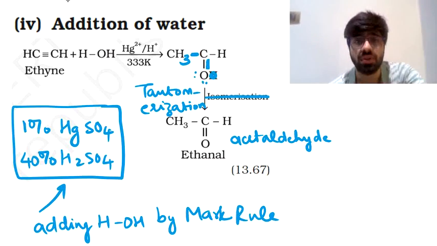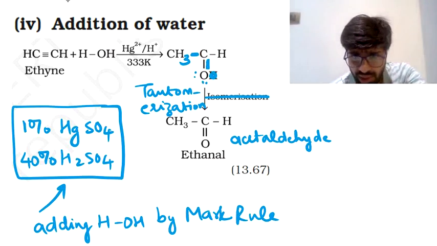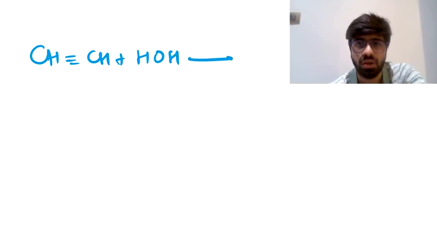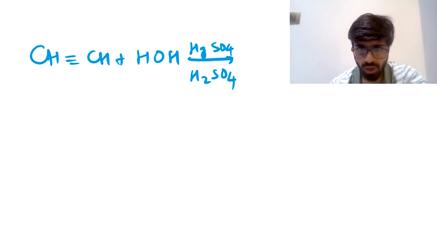Okay, so that's how the entire concept is going to work. If this concept is not very easily understandable to you, or you are facing a little bit of difficulty in perceiving this thing, then there's an easier way to do it. I used to do it when I was a student, and I still work out my reactions in this manner only. So this is the compound we had, plus we added HOH in the presence of HgSO4 and H2SO4. I'm not writing the specifics, but you should know 40% H2SO4, 1% HgSO4.